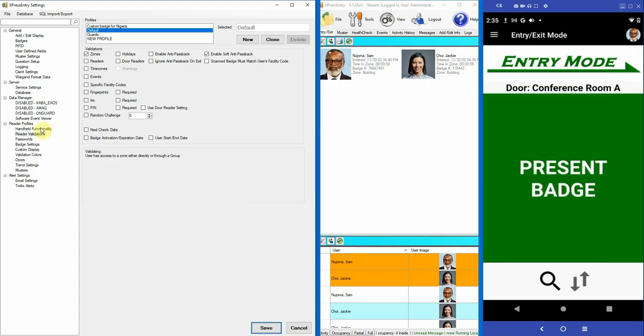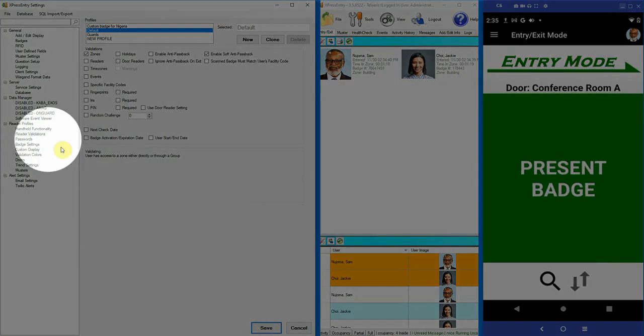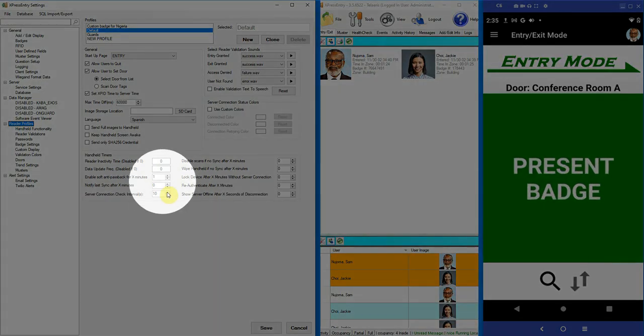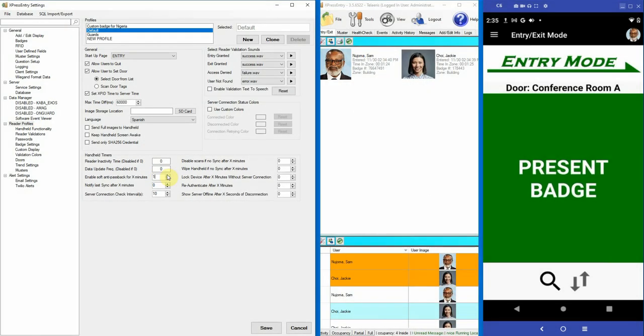This feature requires you to set the time that you want the policy to elapse for. So the essence of this timing is to say, if this person comes in through the gates, please don't allow them multiple access without flagging it within so and so amount of minutes. To set this, you need to go to Reader Profiles, which you see here, and select the amount of time, which you see here. Now you can increase this time to as many minutes as possible. I'll set it to 1 minute,